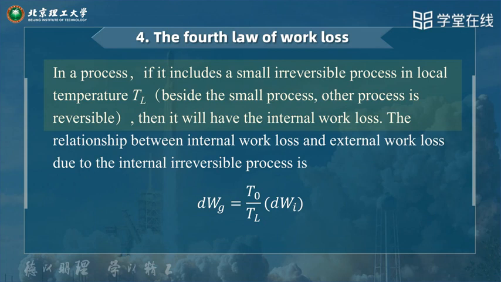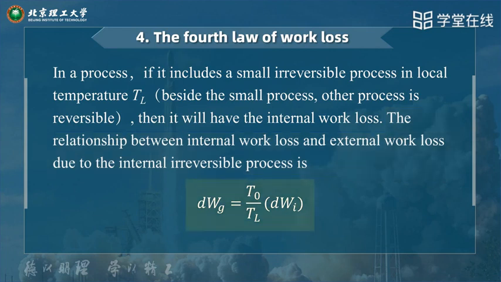So only a small irreversible process. Then this irreversible process will have the internal work loss. The relationship between internal work loss and external work loss due to the internal irreversible process is